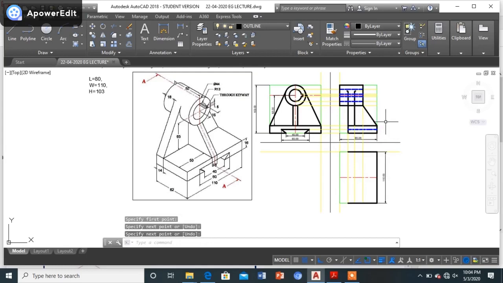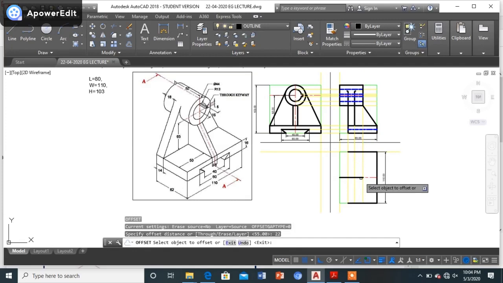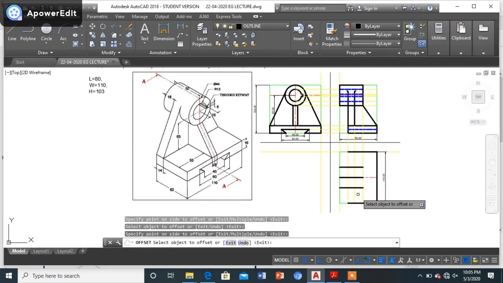Okay, so now as you all can see, if I talk about the cylinder, only for the cylinder part from the top, if I am seeing, what do? I will be just drawing the lines at a distance of 22 from the center, 22 over here, 22 over here.